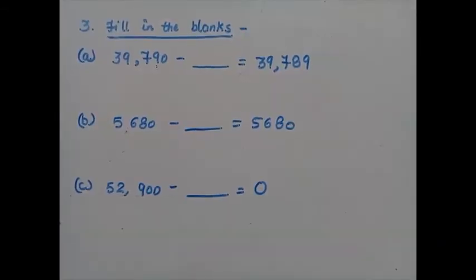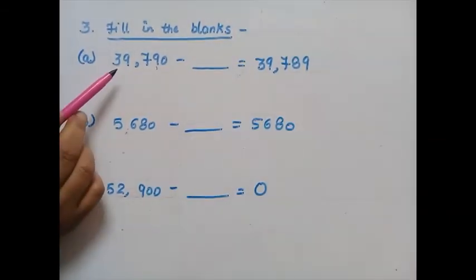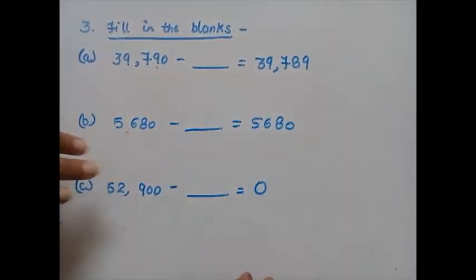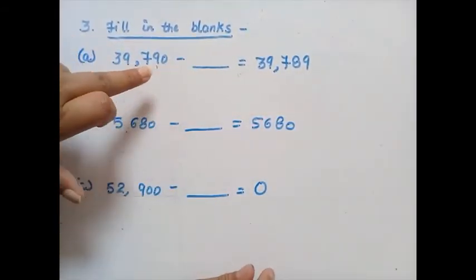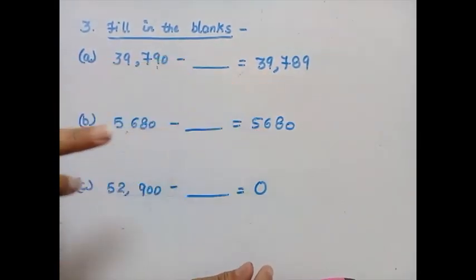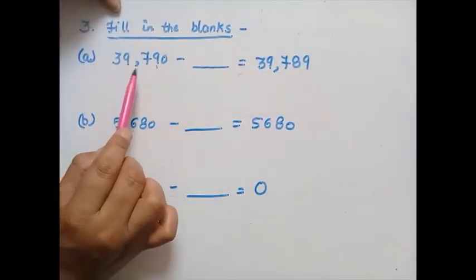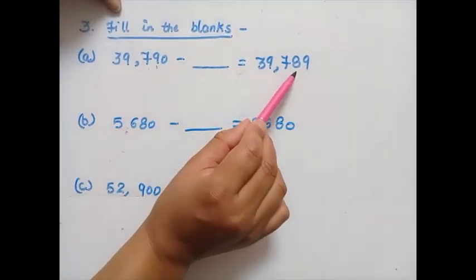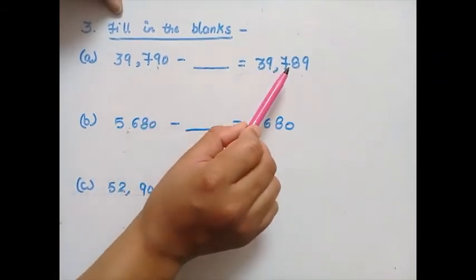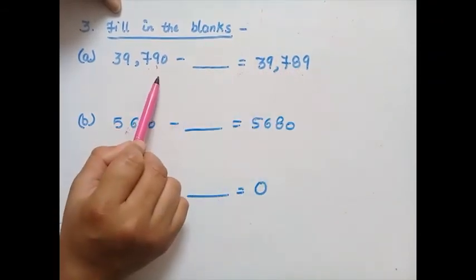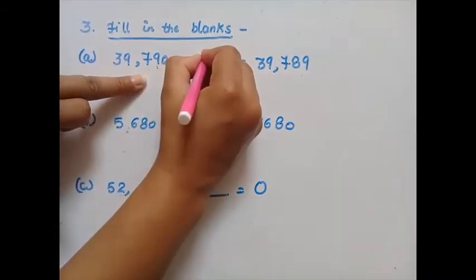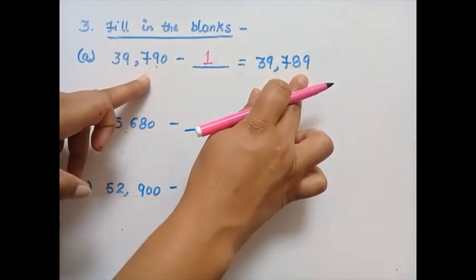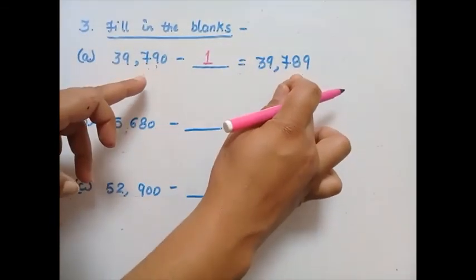Now come to the third question, fill in the blank. So here the A part is 39,790 minus blank is equal to this number. So we have to find the number which is subtracted to get this answer. So it is 39,000 and it is also 39,000. It is 790 and it is 789. So this number is 1 less than this number. So if we subtract 1 from this number, we will get this answer. So whenever there is a difference of one between the numbers, this number is greater and this is smaller,